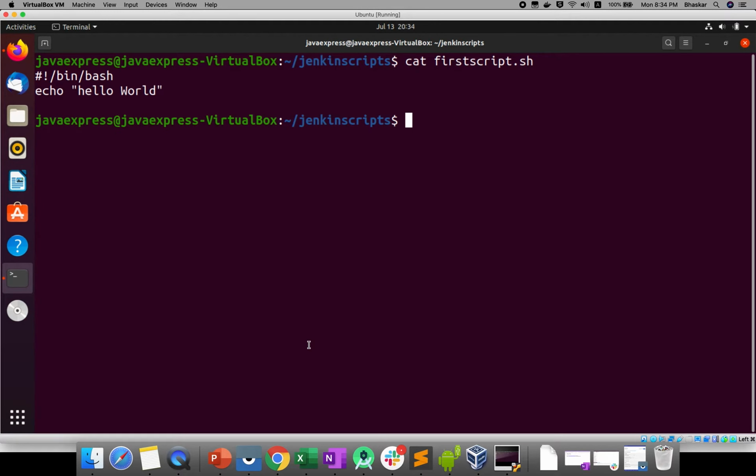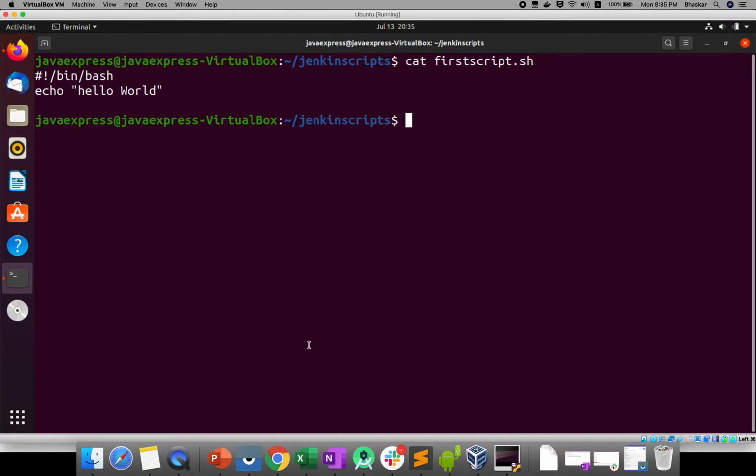So previously we printed just a hello world. In this section I will take two arguments as the input to my script file, a username and password. If the username and password are correct, it will print them, otherwise I will print invalid details. This is my requirement for the shell script. After this, the shell script will execute the job. This is my simple requirement.